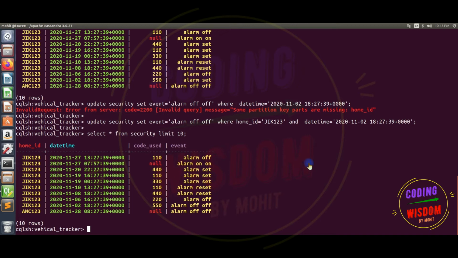So here I am writing a command: delete code use. I want to delete just this value. I want to make it null.